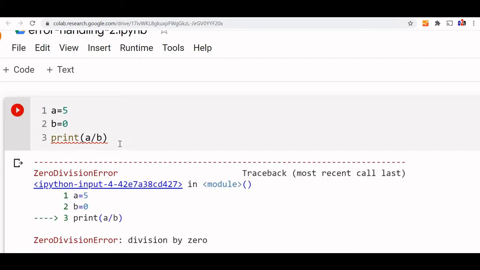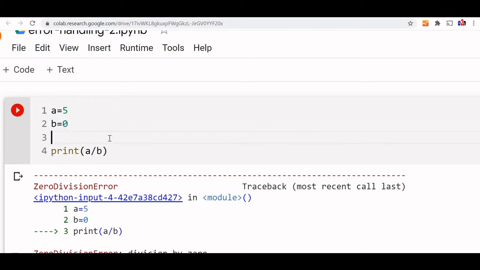Can you handle this error condition? How will you handle it? The issue is that when you encounter an error, the execution stops. We can't allow that because we have so many other codes to execute below. We can't stop the execution. So let us understand how we will handle it.